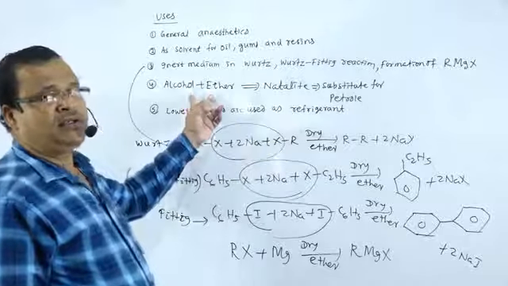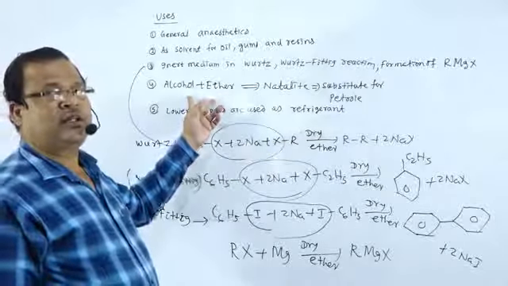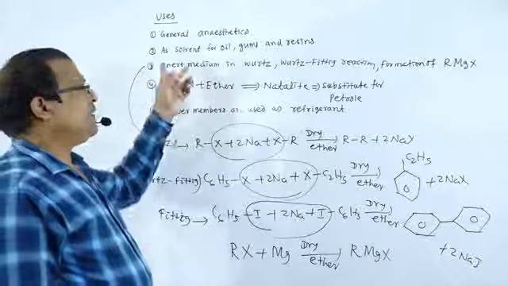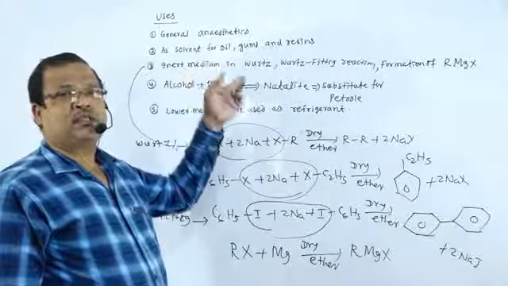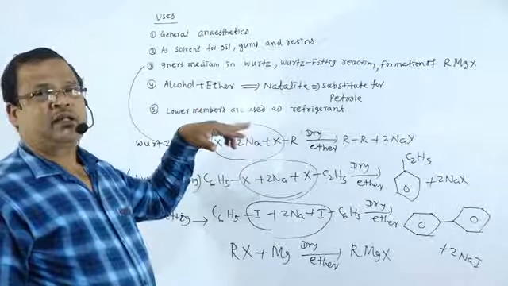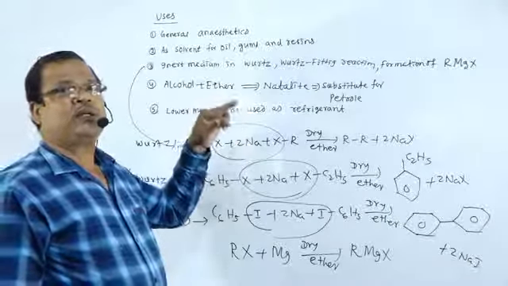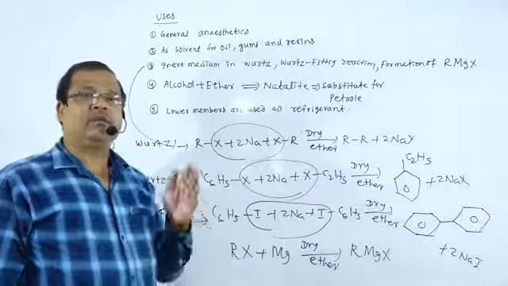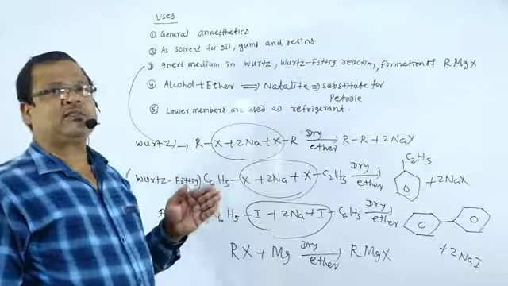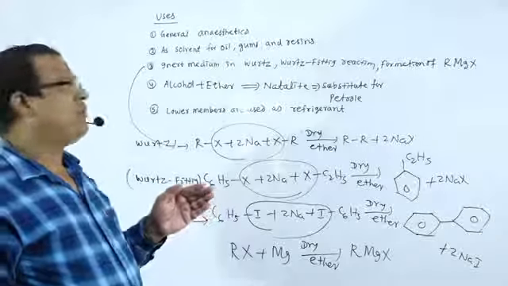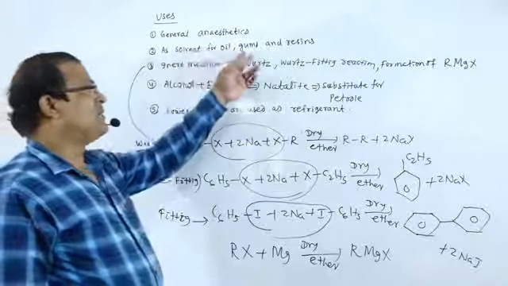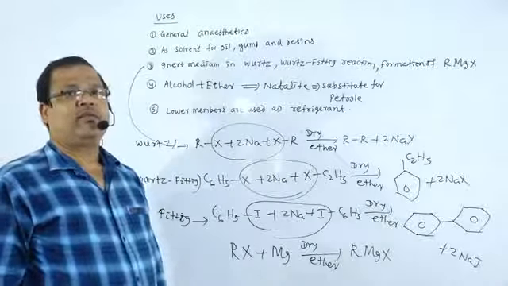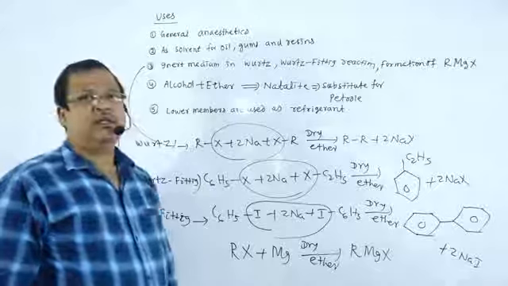The mixture of alcohol and ether is sold under the commercial name Natalite, a substitute for petrol. Ethers provide an inert medium for the Wurtz, Fittig and Wurtz-Fittig reactions, and for the production of Grignard's reagent, one of the most important reagents for the preparation of many aliphatic compounds. They are also used as a solvent for oils, gums, resins, etc., and provide anesthetic property. So these are the different uses of ethers.